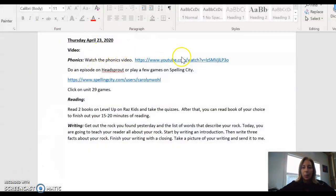So today you're going to watch another phonics video, and then you can choose Headsprout or Spelling City. Again, here is the website to get into Spelling City. We're on Unit 29. In reading today, I want you to go back to the Level Up area of Raz